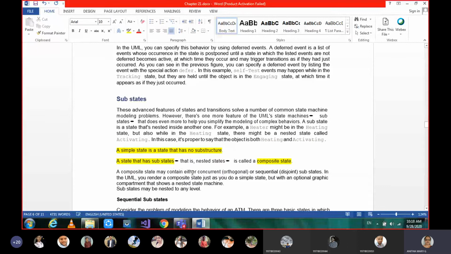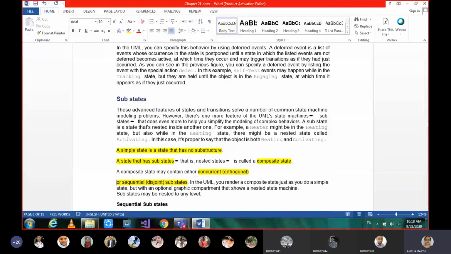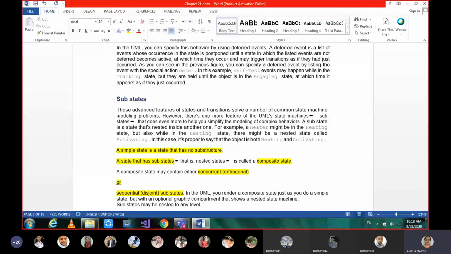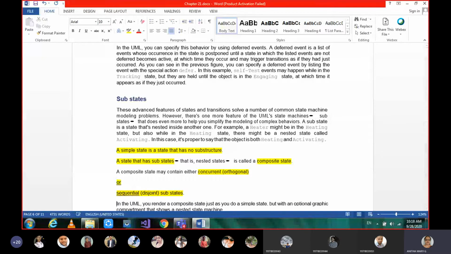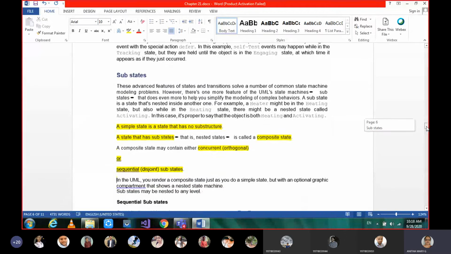These composite states may be in two forms. The first one can be concurrent, that is orthogonal, which are in parallel, or they can be sequential ones.